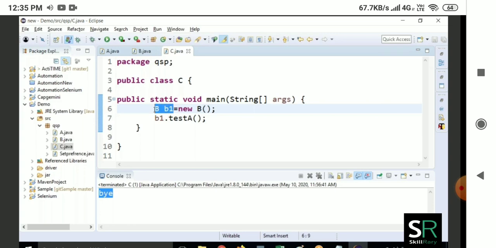It is creating a reference variable holding a null value in the beginning. Then it will execute the right hand side. There are two things: the new keyword and the constructor B. The job of the new keyword is to create an object. Since we are using the B class constructor, it is going to create an object of type B.